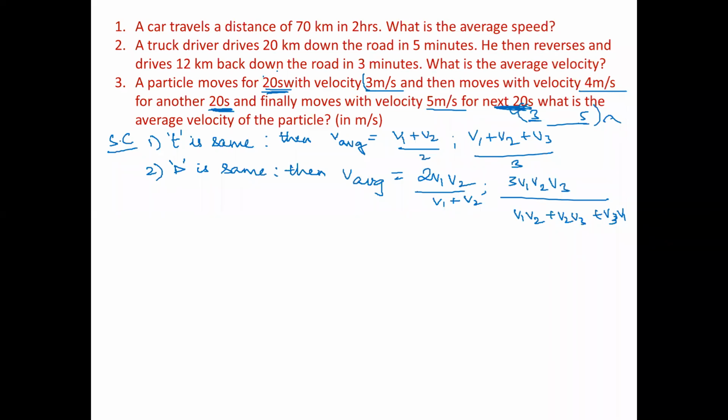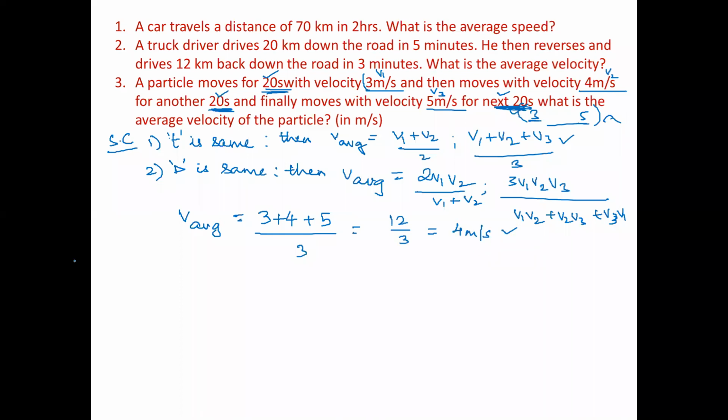This is what I'm concentrating on. Here also for 20 seconds, here also for 20 seconds, another 20 seconds over here. So I can see that the time interval here and the time interval here is the same. Some velocity v1 is here, some velocity v2 is here, and some velocity v3 is here. When time is the same, what is the average velocity? v1 plus v2 plus v3 by 3. Add them up. How much are you getting? 12. 4 meter per second. Isn't it simple?